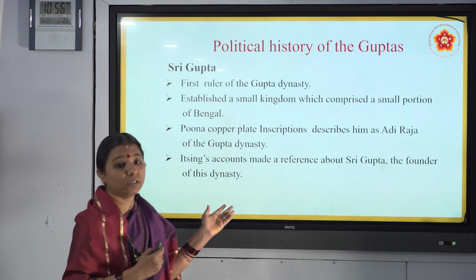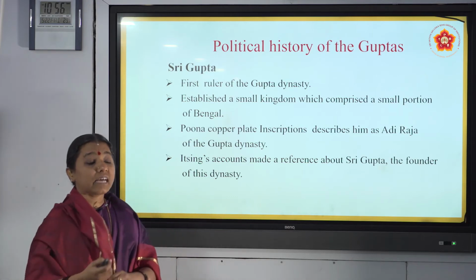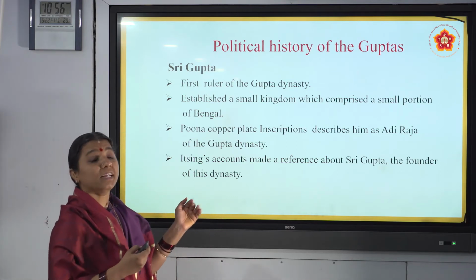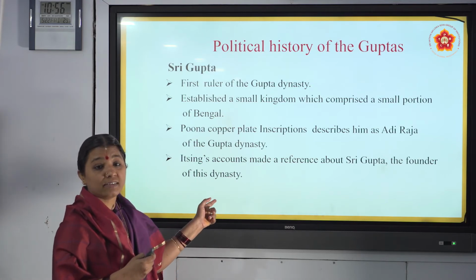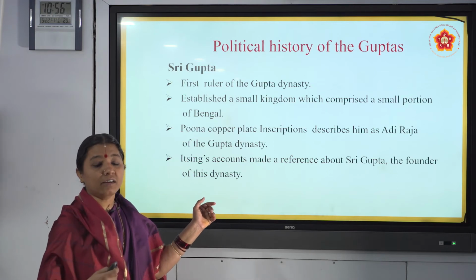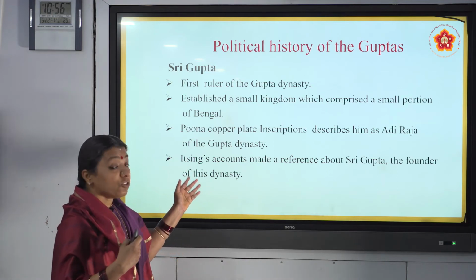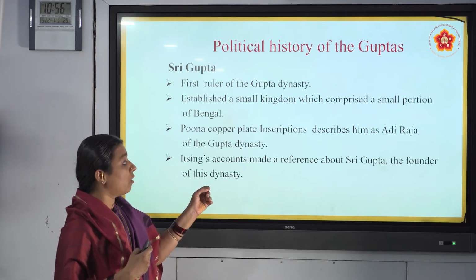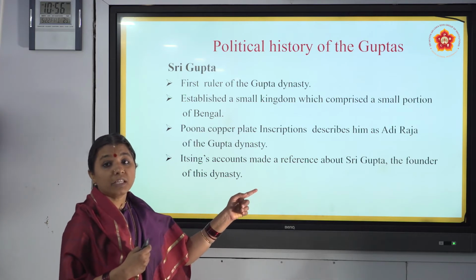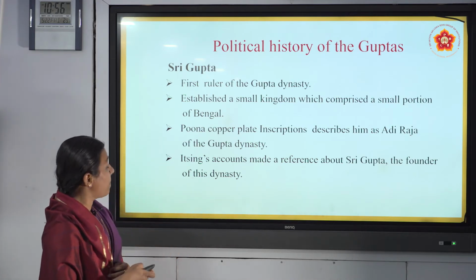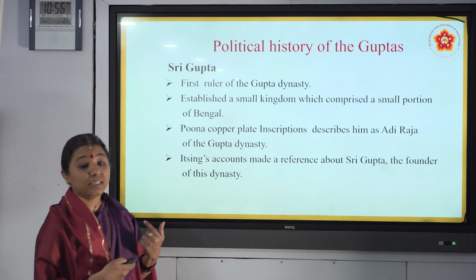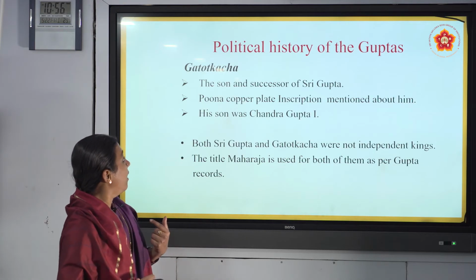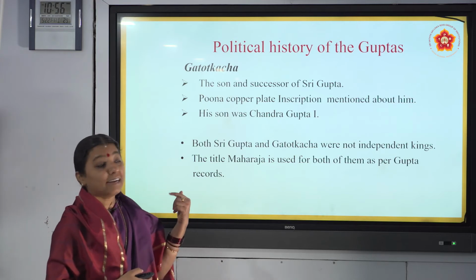Itsing's account, the Chinese traveler's account, also made a reference to Sri Gupta, who came during the 7th century CE, after the death of Harshavardhana. He also left a record about Sri Gupta, the founder of the Gupta dynasty. Next we move on to the second ruler of the Gupta dynasty, Ghatotkacha, the son and successor of